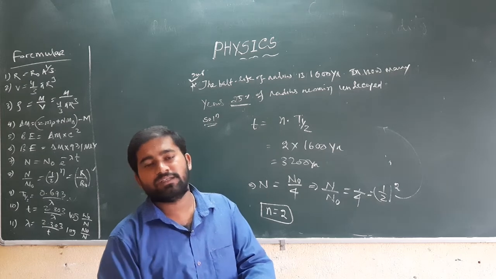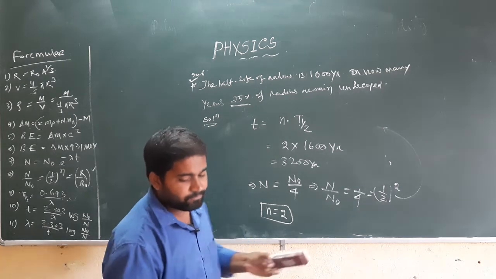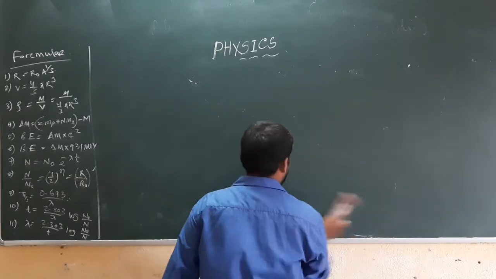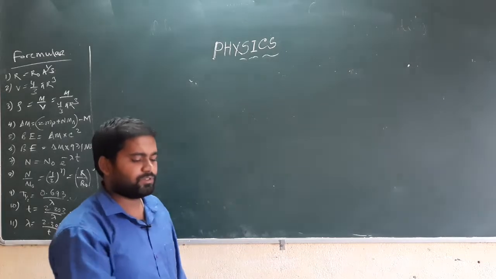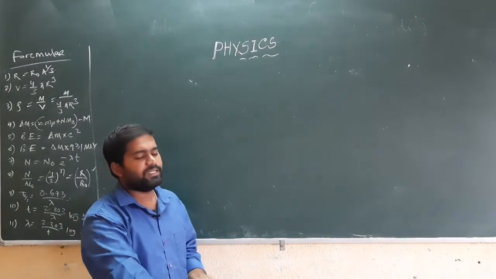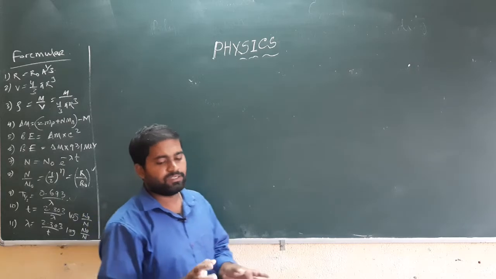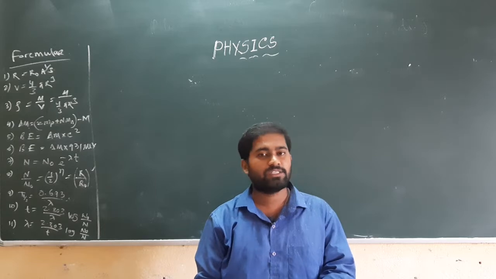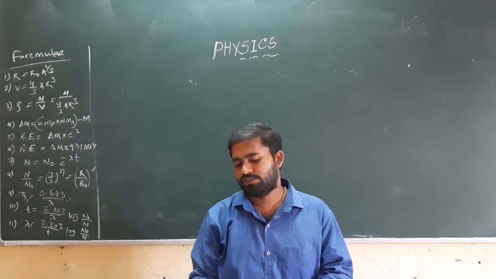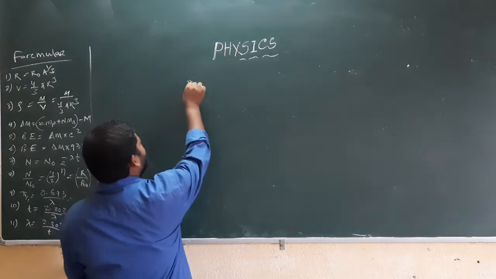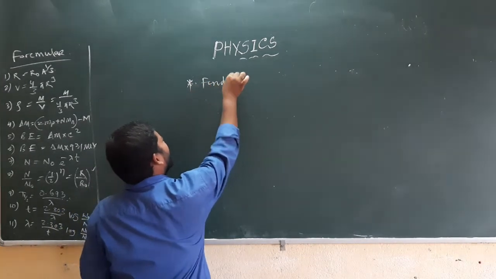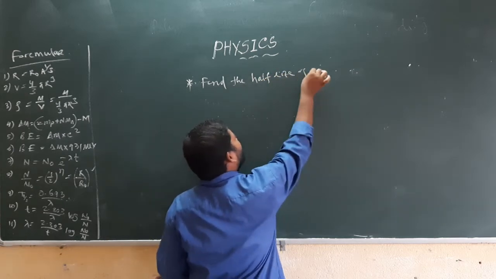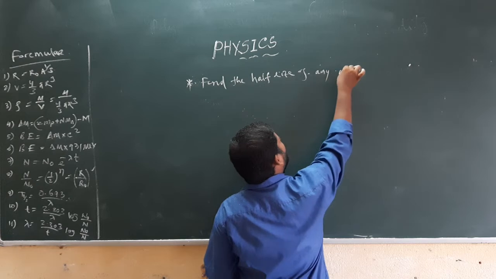Now another type of problem you can also face is about the same type of calculation, but with the given data as activity. What is the type of problem? Here, the half life of a radioactive sample material is asked if the activity drops to 1/16 of its initial value in 30 years. Find the half life of any radioactive material